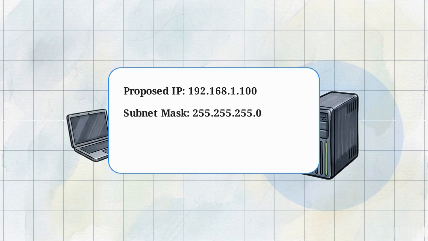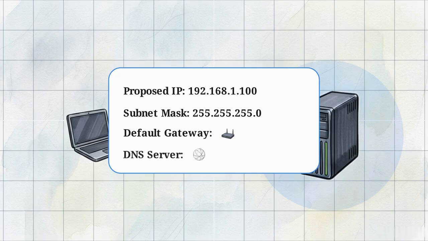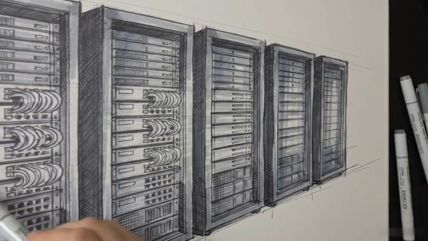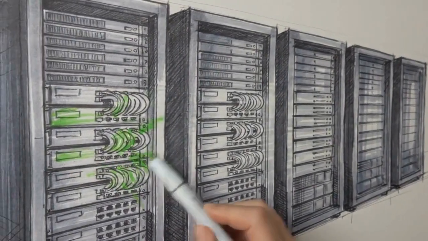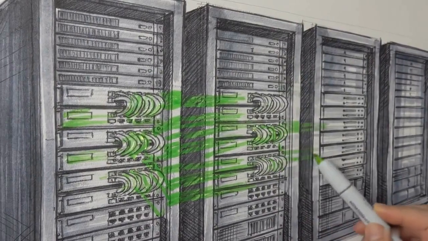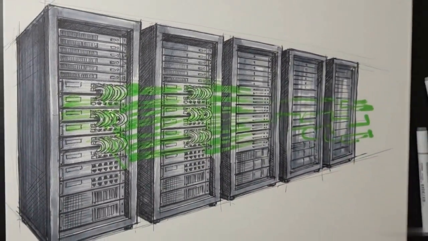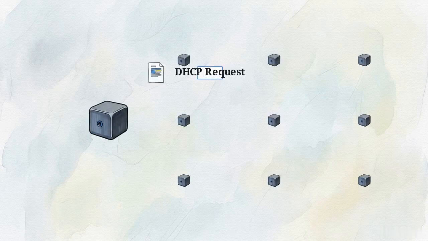step, offer. The server replies with a payload containing a proposed IP address, a subnet mask, a default gateway, and a DNS server. At this microsecond, the IP address is reserved by the server. It is not yet officially assigned to the client. The network has proposed an identity, but the protocol requires mutual consent to prevent configuration collisions across environments with multiple DHCP servers.